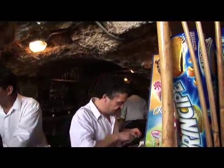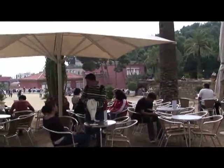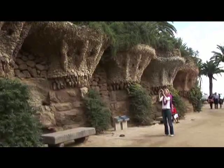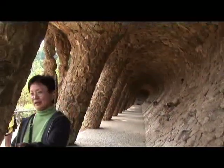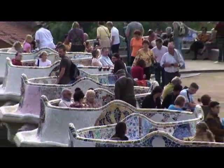Now, this is not great food, but it's a simple sandwich on a long, hard roll. And if you're hungry, well, it's right here, and it's a beautiful setting, and it's not very expensive, so that could hit the spot. Well, after your visit, exit out the east side of the park and walk a short